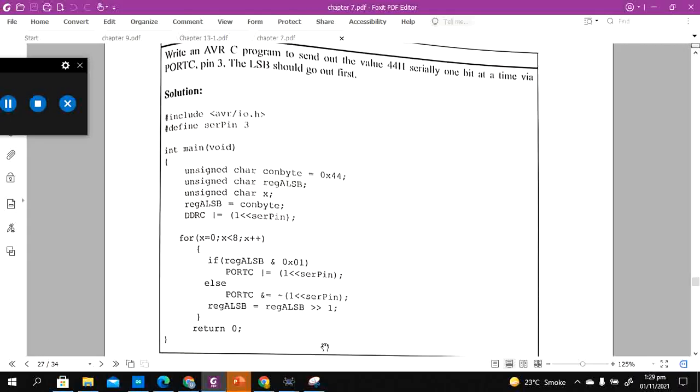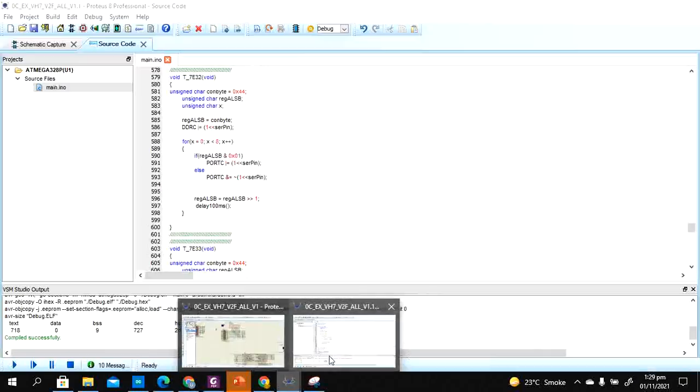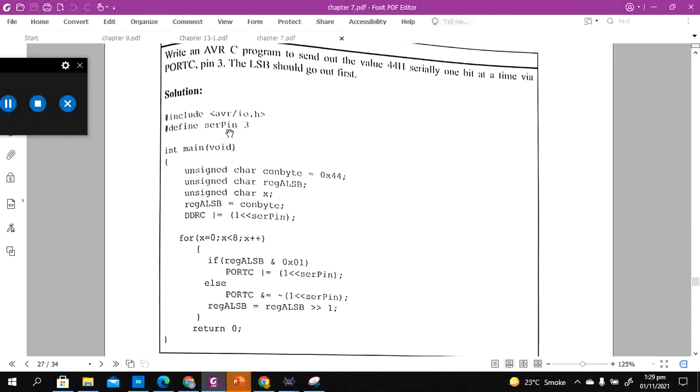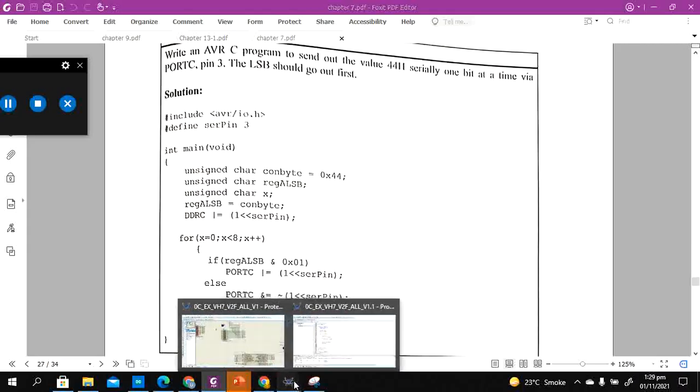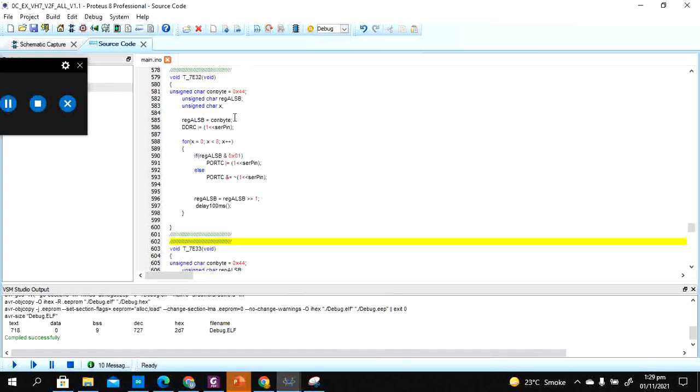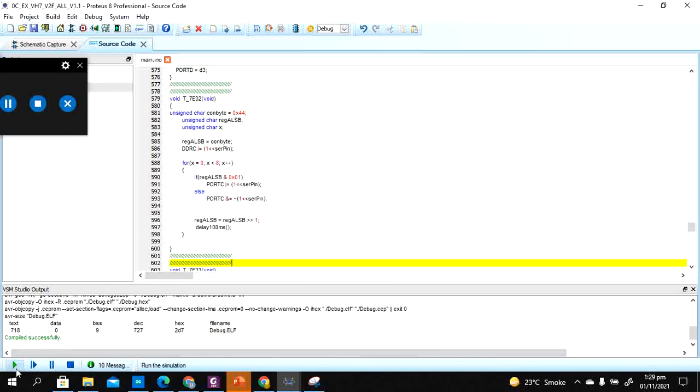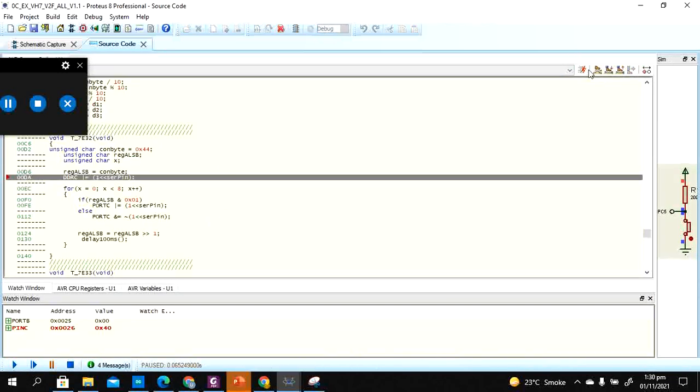So we are going to test this program and see LSB should go out first. This is basically targeting serial pin 3, and the serial pin 3 is basically relating to port C pin 3. I'm making a soft serial port on port C3, and this is the code. Let's run the code and run all.